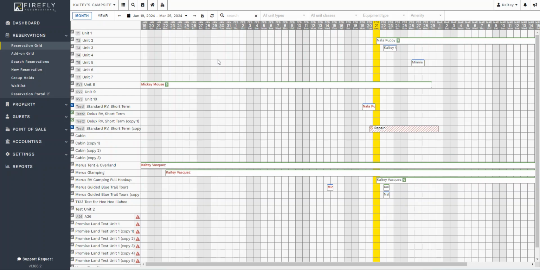This video is going to go over the reservation grid. This is sometimes called a calendar view in Firefly. So the reservation grid is a page that oftentimes clerks and operators will have just open on their computer. It's a great visual for what's happening in your park, who's here, who owes money, and lots of different icons